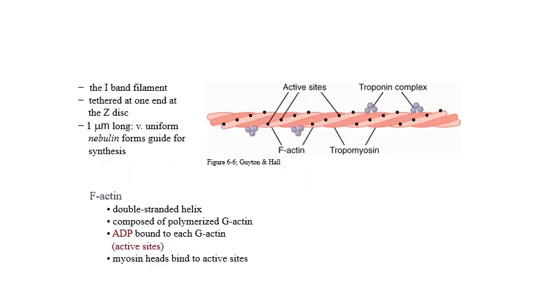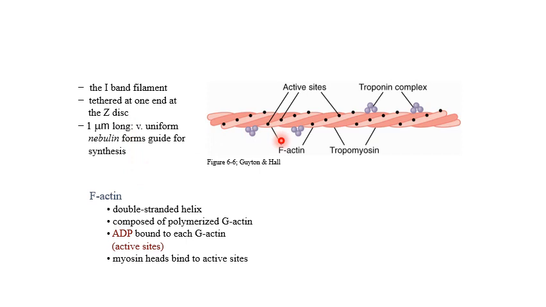So now if we come to the different types, we said that we have actin molecules and then we have myosin molecules. So let's see them more closely. In the molecular mechanism of muscle contraction, you are going to read them closely. This is just an overview of it. So whatever you are seeing here is an actin molecule. We said that it forms the I band and then they are tethered at the Z disc.